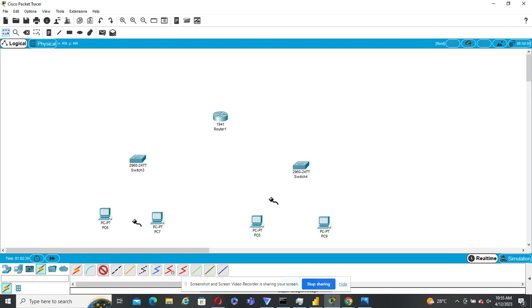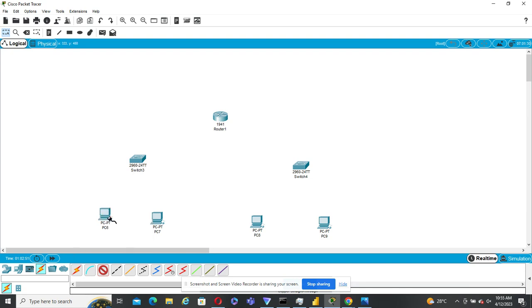So we use our two computers here with a switch, our two computers here with a switch. Then I will have our main router here. Now we pick our device here, our network here. Then we click on this. Yes, now it has come. You click on this. Then you select your